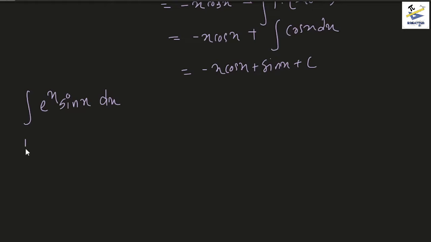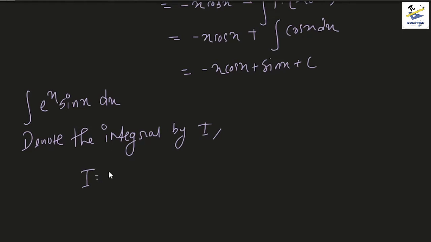Let's see. Denote the integral by I. Then what we have is I is equal to the integral of e to the power x sin x dx. Now if you remember the rule ILATE, e, that is for exponential functions, came last, so obviously e to the power x is going to be the second function here, and sin x is going to be the first function. So applying IBP, or applying integration by parts,